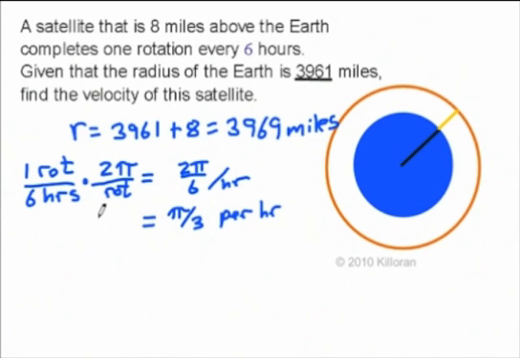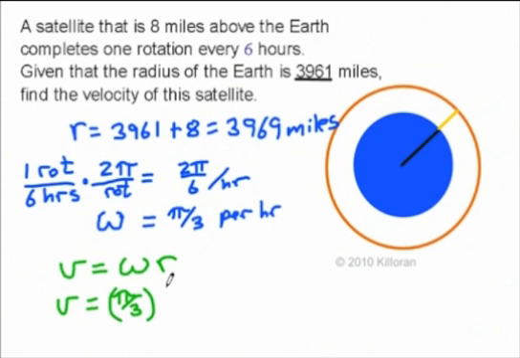And we're going to call this omega. It's a fancy W. Alright, so omega is the angular velocity of the satellite. It finishes 60 degrees per hour if you want to change it into degrees. So the rest of it is the velocity formula, and the velocity formula in relation to omega is velocity equals omega times r. So here the velocity is equal to omega, which is pi over 3 per hour. I'm just not going to write that part, times the radius, which is